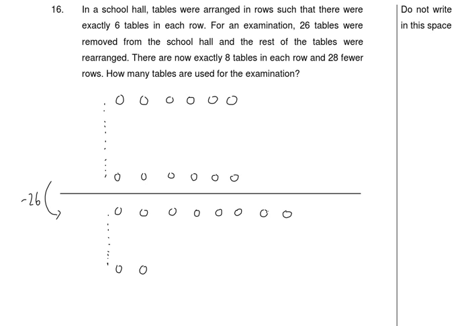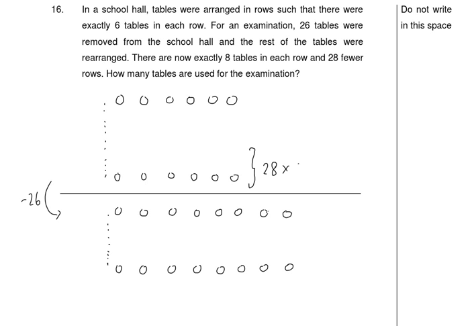But we know that now there's fewer rows, right? Correct or wrong? There are lesser rows than before. Okay, and how many lesser rows? 28, right? Okay, so that means that previously, there are actually 28 rows